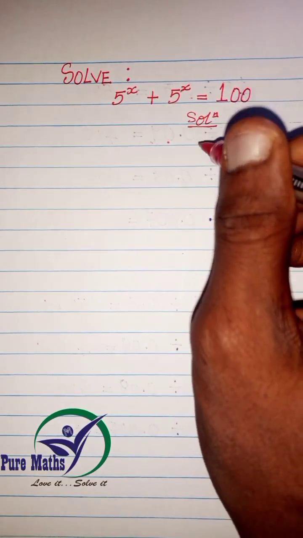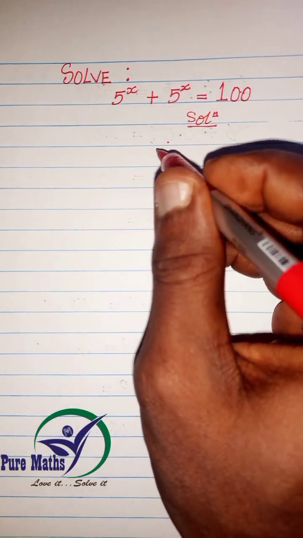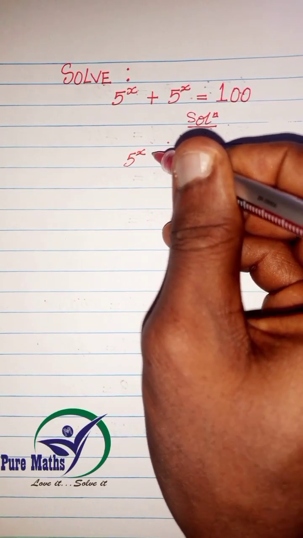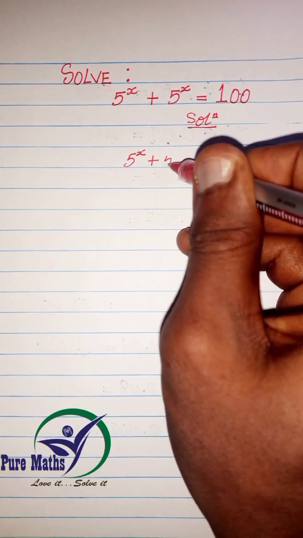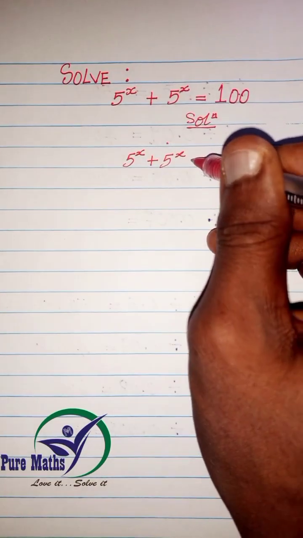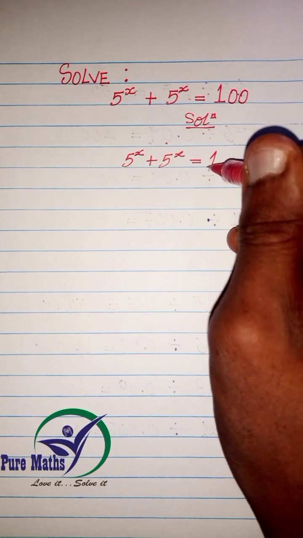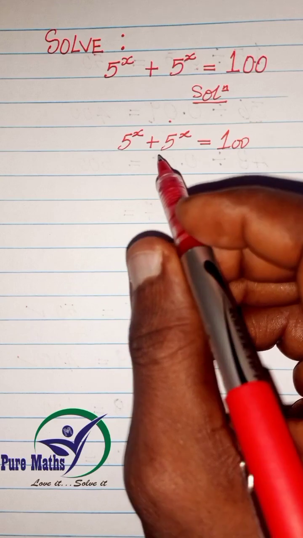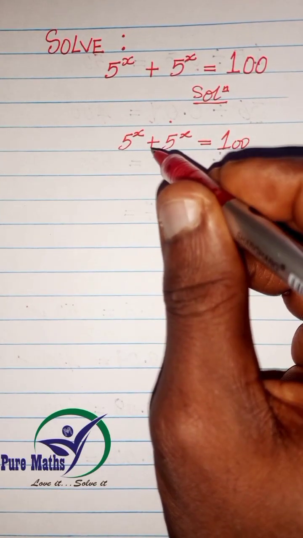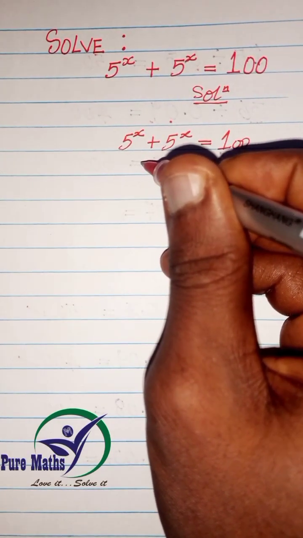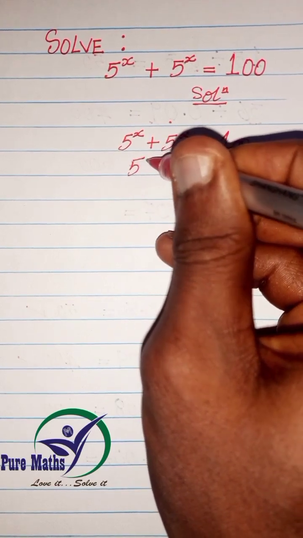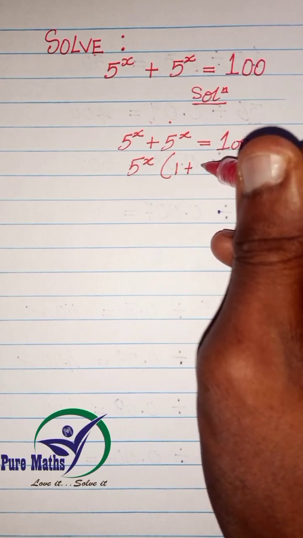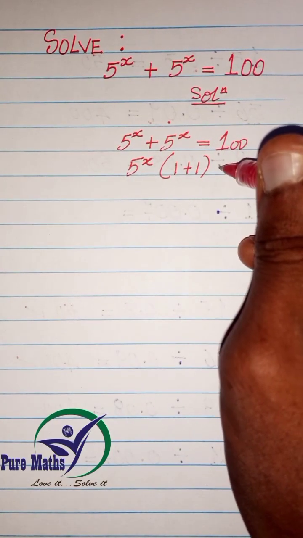So that's our solution. The first thing you need to do is to write down the question. So let's write down the question. We have 5 to the power of x plus 5 to the power of x is equal to 100. You can observe from the left hand side that we have similar base, so we can factorize. So let's factorize this out. We'll be having 5 to the power of x into the bracket 1 plus 1, and that will be equal